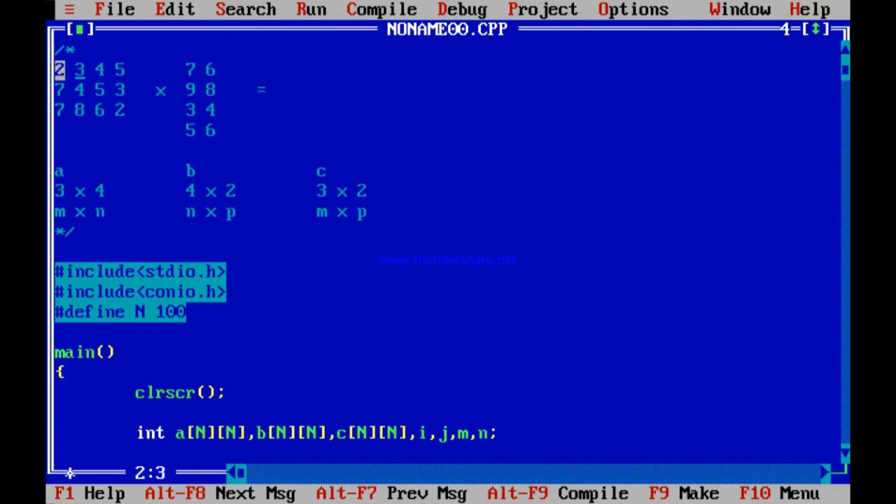It will be, see, 2 into 7 plus 3 into 9 plus 4 into 3 plus 5 into 5.